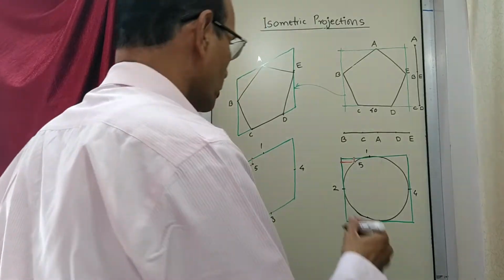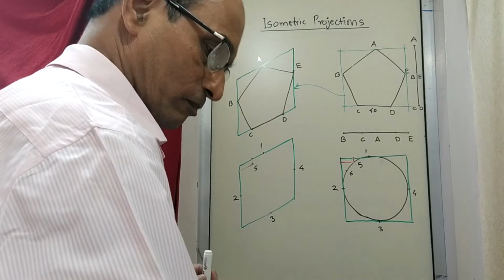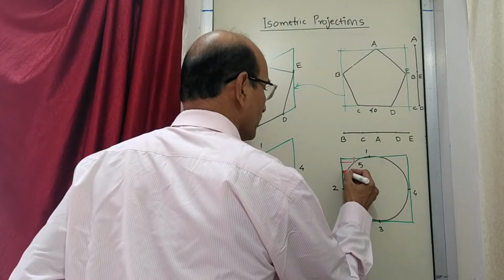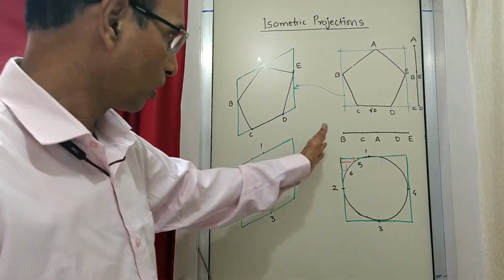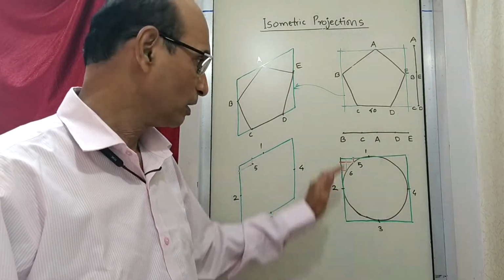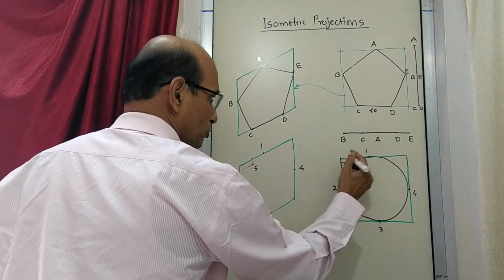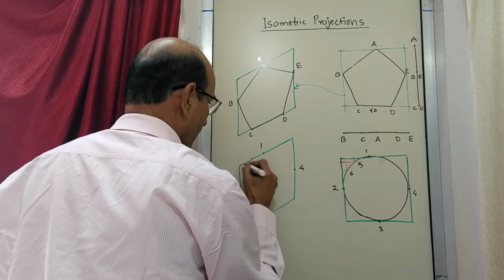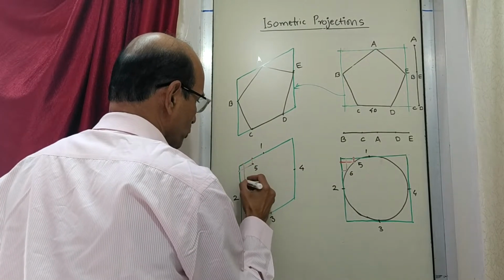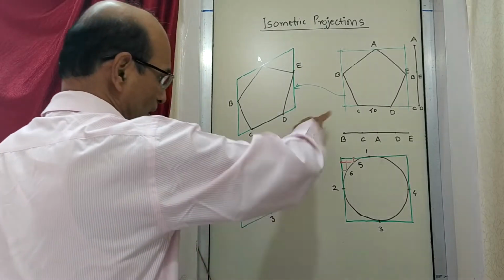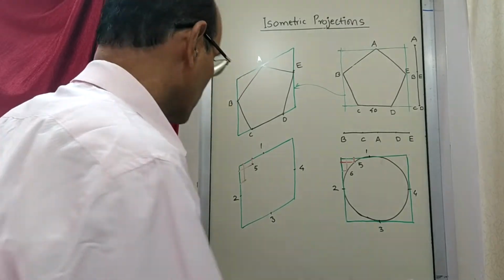In the same way, suppose now you are asked to find out where point 6 is. So what do you do? Same way. Draw these 2 lines along the lines which are parallel to the lines of the square. So same line, now you mark this point here, and join. When you join, you are going to draw lines which are parallel to the isometric lines. So that will give you point number 6.